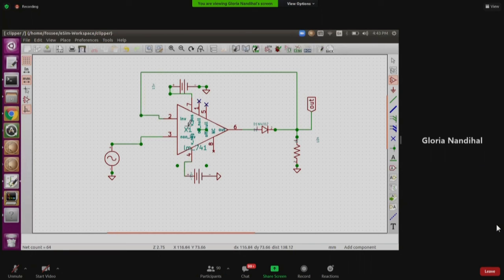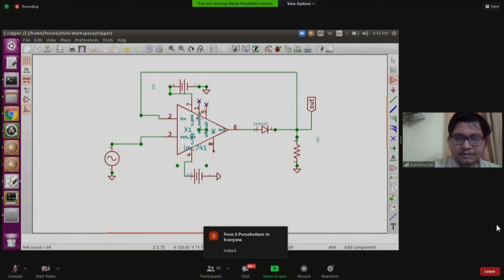All the simulation softwares are the same. If you go and check online also, you can get so many SPICE libraries. The only thing is the pin numbers. Yeah, the pin numbers really matter. You cannot run an 8-pin op-amp diagram with a 6-pin library file. It gives an error. It will say that the pin number doesn't match. So was I able to clear your doubts, sir? Yeah, ma'am. They are saying thank you.